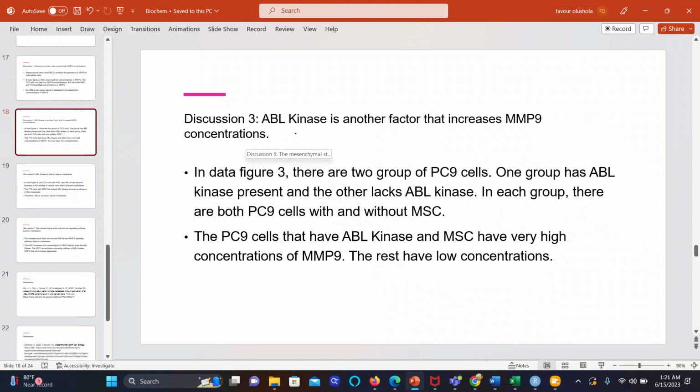So our third discussion states that ABO kinase is another factor that increases MMP9 concentrations. We know this because of the third data figure in relation to our third experimental question, and we saw two groups of PC9 cells. One group had ABO kinase present and the other lacked ABO kinase. Now, in each of those groups, we had some of the PC9 cells with MSC and some lacking MSC. So we saw that the PC9 cells with ABO kinase and MSC had extremely high concentrations of MMP9. But the ones without